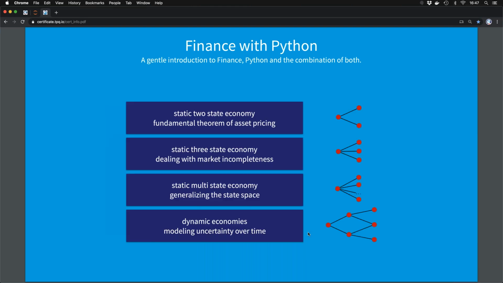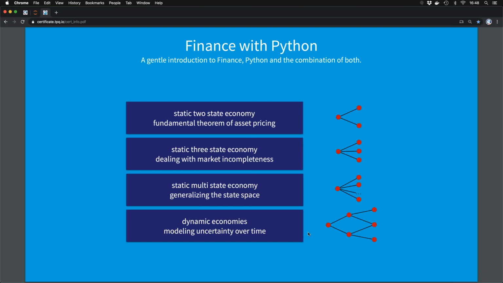So finance with Python has its origin in many emails that I got that said, well, I have a background in finance, but no background at all in programming. Other people said, well, I'm a programmer, I'm a developer, but I don't have a background in finance.